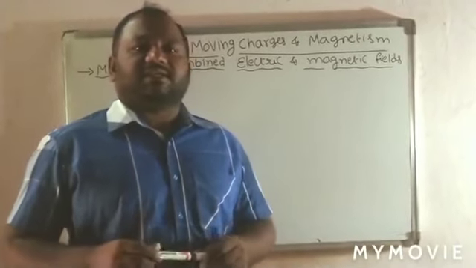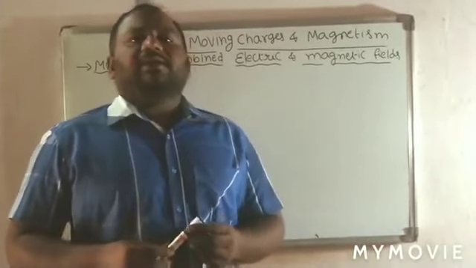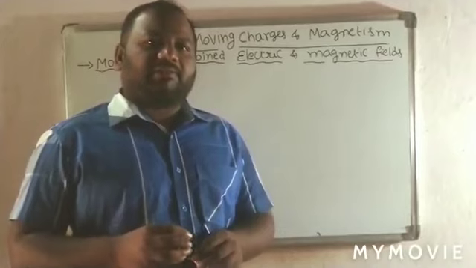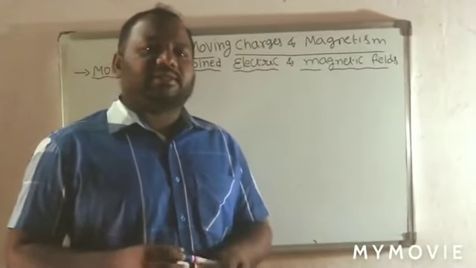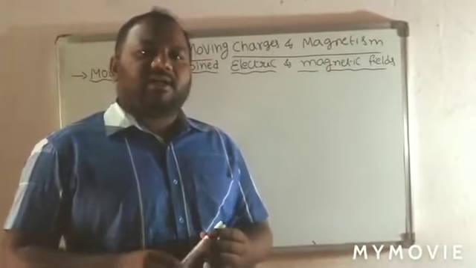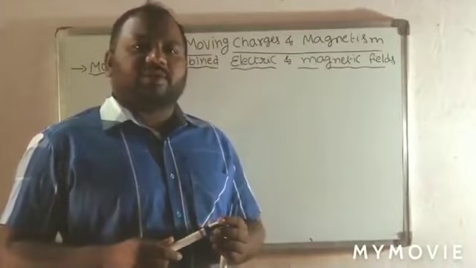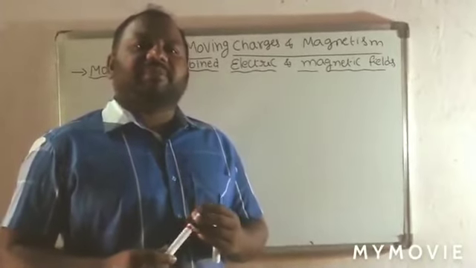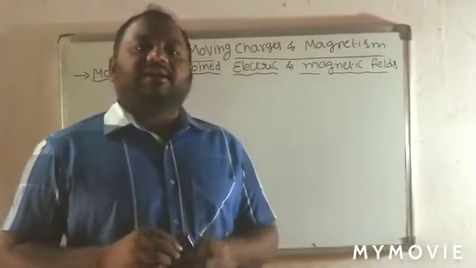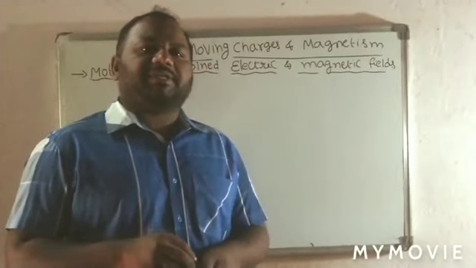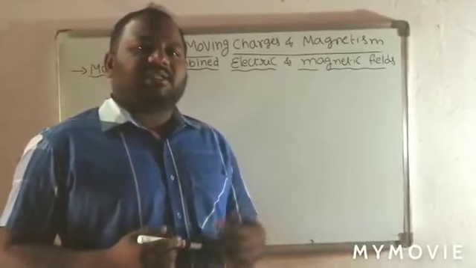When both these velocity components are combined, the path of the charged particle in the magnetic field is nothing but the helical path. In the helical path, we derived some terms: the radius of the helical path, the frequency of the charged particle in that path, the time period to complete one cycle, and next we derived the pitch. Pitch is nothing but the linear distance, how much distance it has traveled.